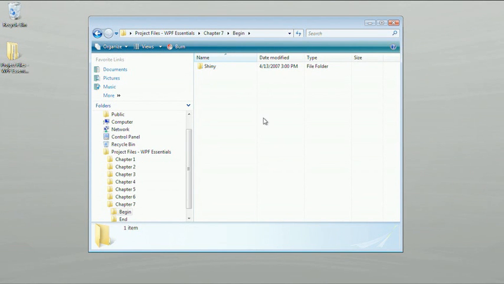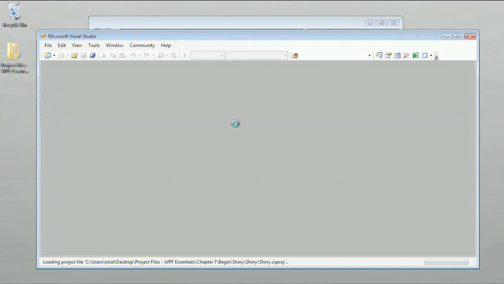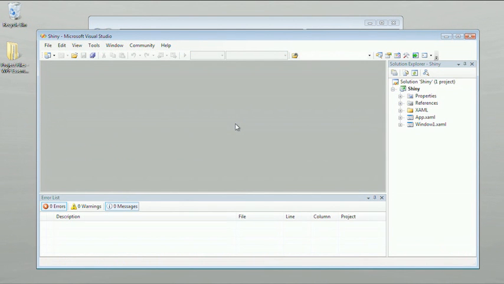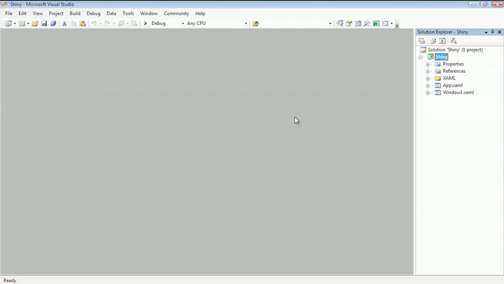And in there is a folder called Shiny. And in Shiny is the Visual Studio solution. So go ahead and double click on that to open it up. Now let's go ahead and maximize the window and close the error list so we have the full screen available to us. And now if you open up window1.xaml,